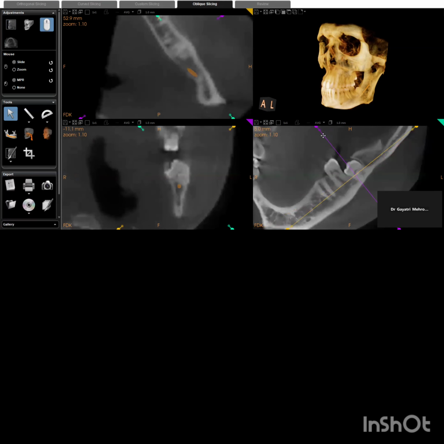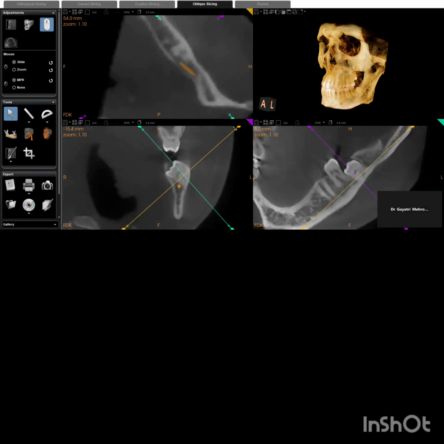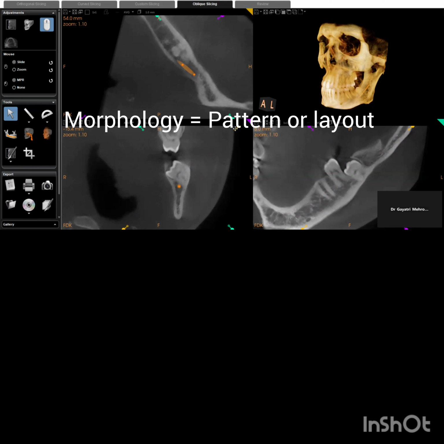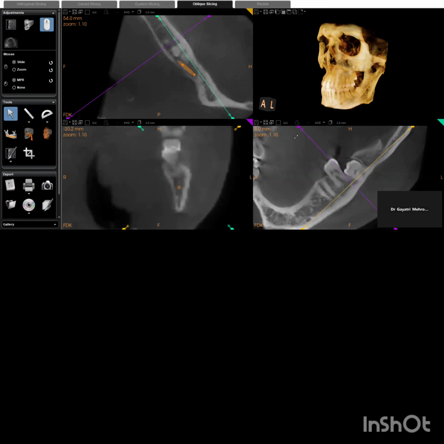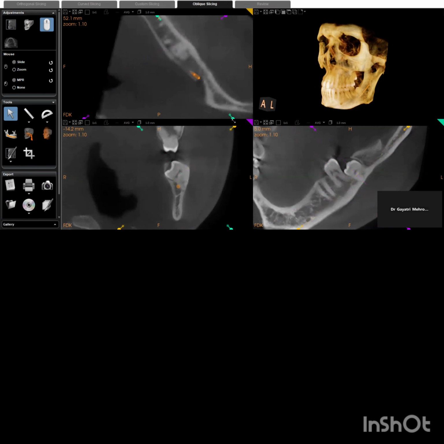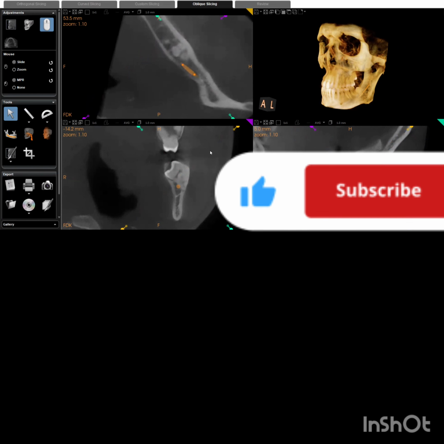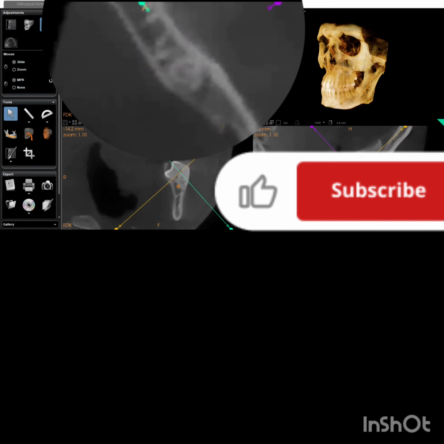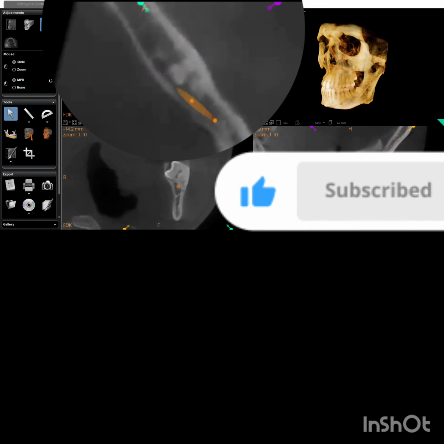Now I'll show you about the roots of tooth 3/8. Now, usually, in any third molar, the most common morphology is definitely two roots. That is, one is the mesial root, like in 3/7, the mesial root is there, and the other is the distal root. But here the things are a little bit different. So I'll show you here. Okay. Now I move my cursor. Okay. So we have a total of 4 roots here. Okay.